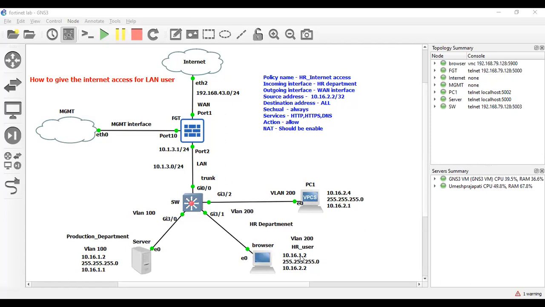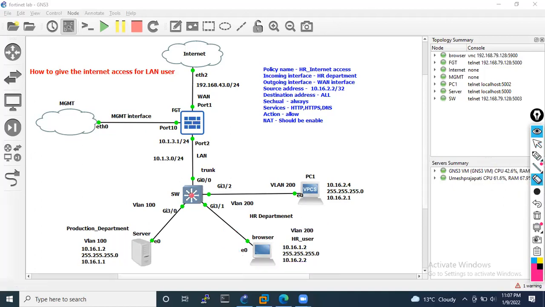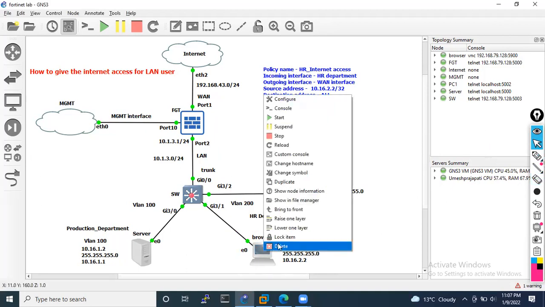Let me show you the screen. See, in my scenario, there is one HR user. He needs internet access, right? So how will you provide the internet access in FortiGate firewall? First of all, I will show you that this user is not able to access the internet.